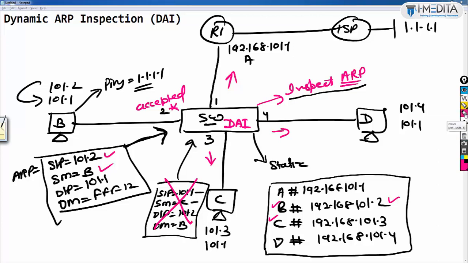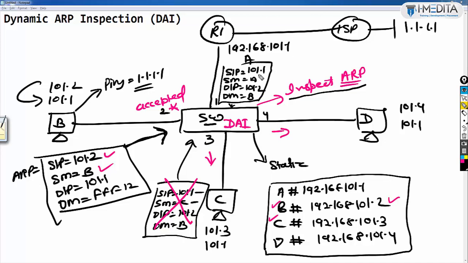Now we have to see what will happen when R1 gives a reply. R1 will say, yes, okay. Source IP address 101.1, source MAC address A, destination IP address 101.2 and destination MAC address B. This ARP packet will come at the switch. The switch will check, okay, wait one minute.